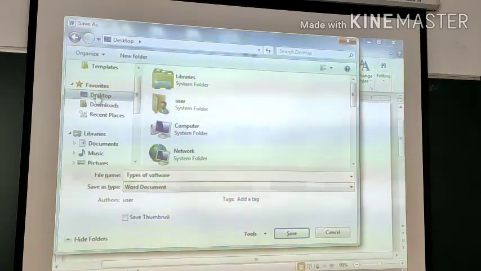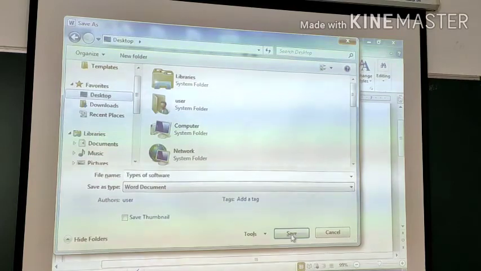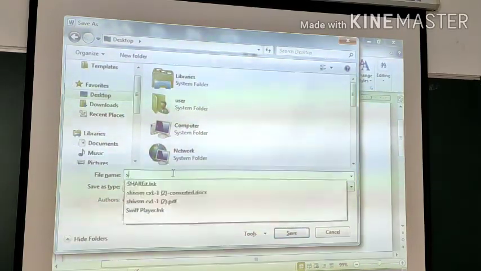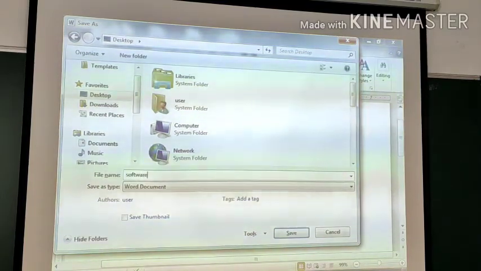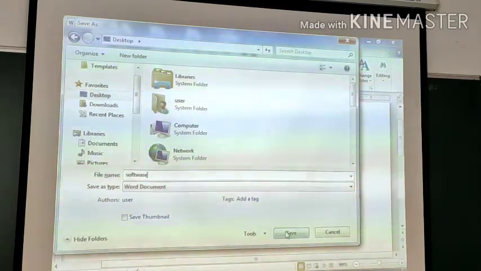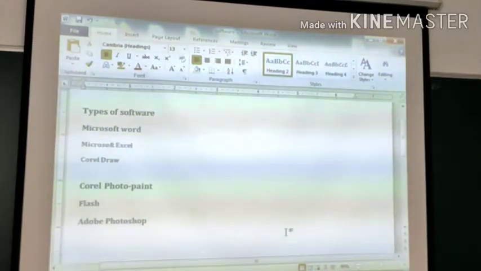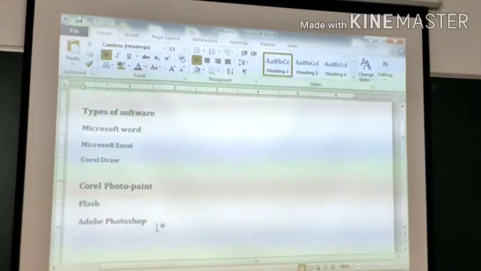I am saving this on my desktop, so just add the name, software, and click on Save. Now the first part has been done.